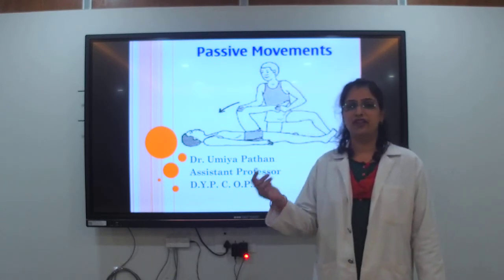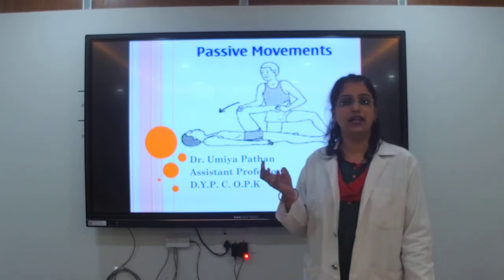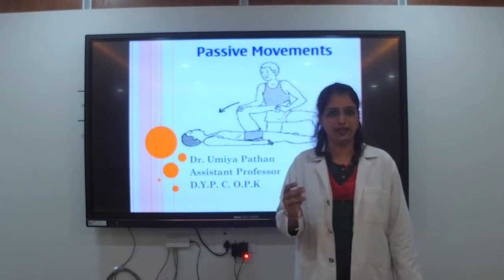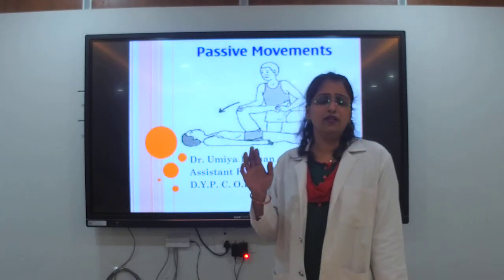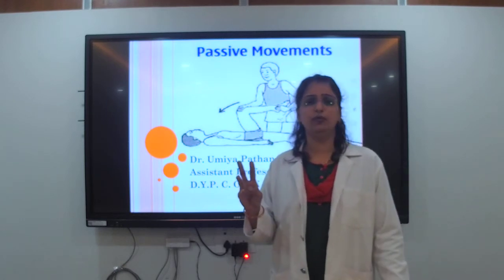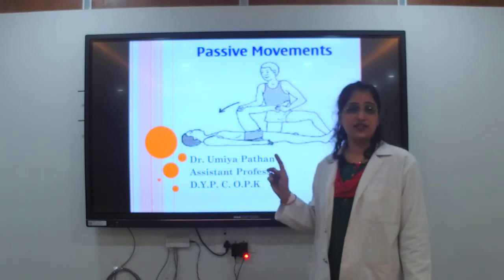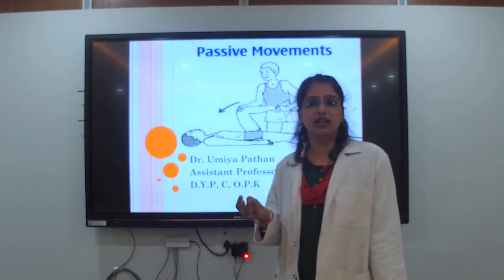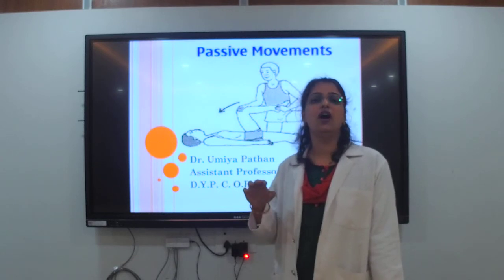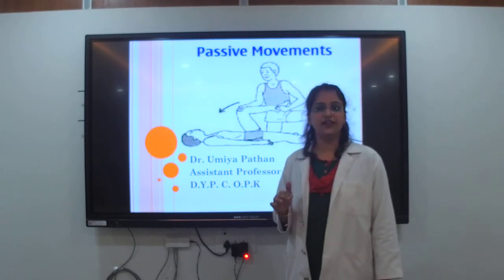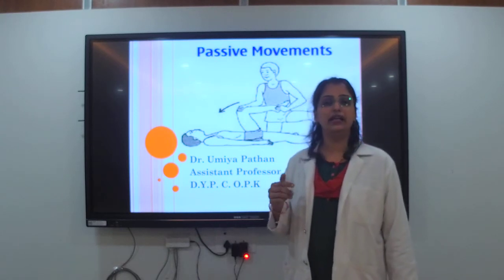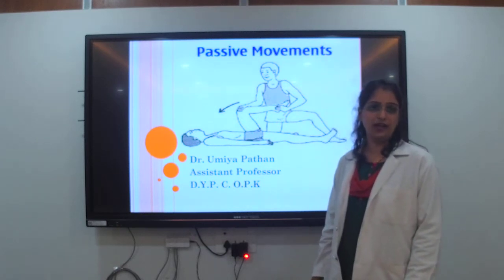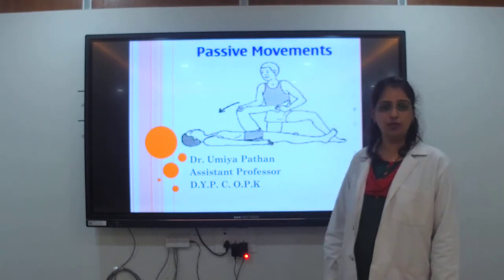Okay. Previous week we had discussed what are the axes and planes and what are the types of movement. I'll just revise within 2 minutes. There are 4 types of movements: active movement, passive movement, active assisted and resisted. And in that we also saw the types of muscle contractions: isotonic contraction, isometric contraction, concentric type of muscle contraction and eccentric type of muscle contraction. Out of these 4 types of movement, first we will see what is passive movement.